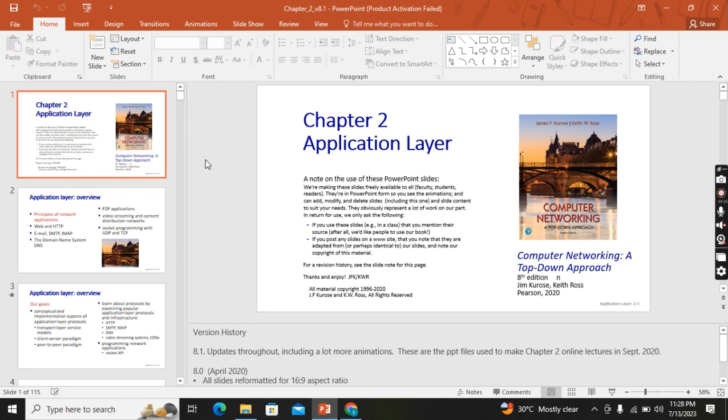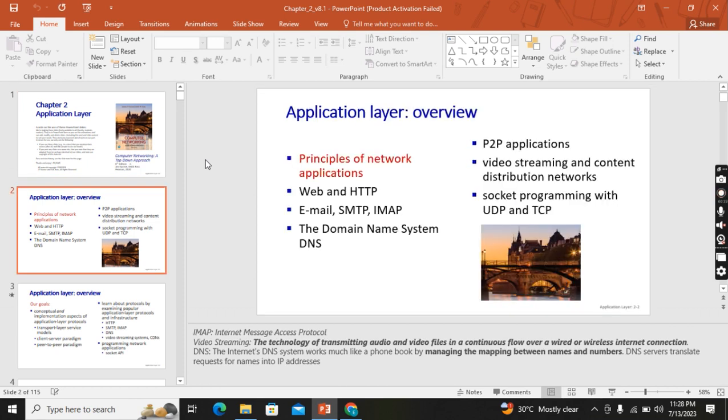Today the chapter is computer networking, Chapter 2: the application layer. Alright, application layer overview. We have discussed on these slides the principles of network applications, web and HTTP, email,